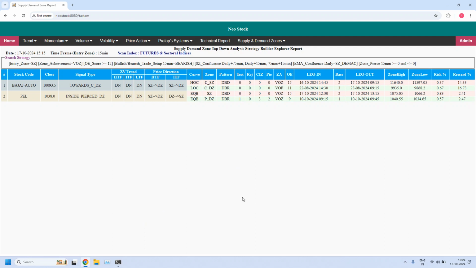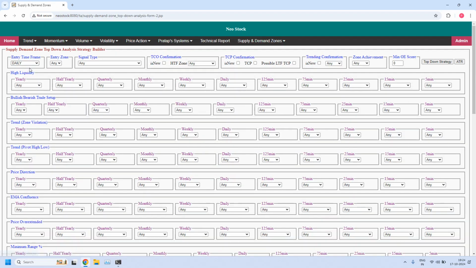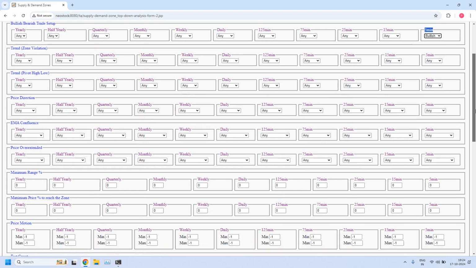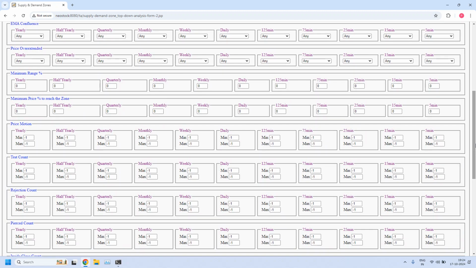Okay, next let's look for bullish and bearish trade setups for hourly income trade. For hourly income trade, entry time frame is 5 minutes. For bullish trade setup, entry zone, demand zone, and also in bullish or bearish trade setup parameter 5 minutes, I am selecting bullish, and 5 minutes demand zone should not be pierced. So in the pierced count, 5 minutes, minimum value 0,